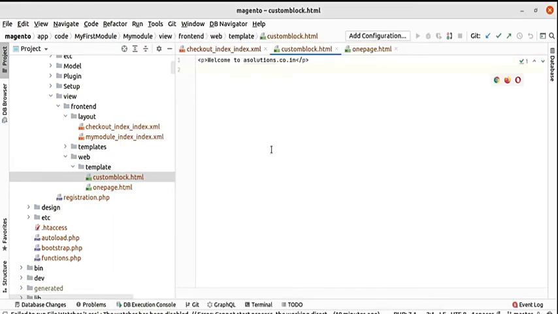In this template file, we are going to display a simple message just for the demonstration purpose.